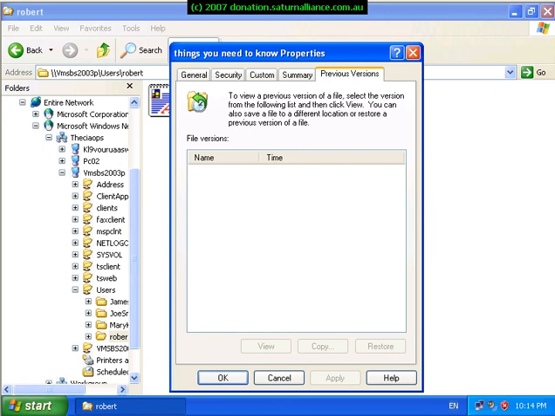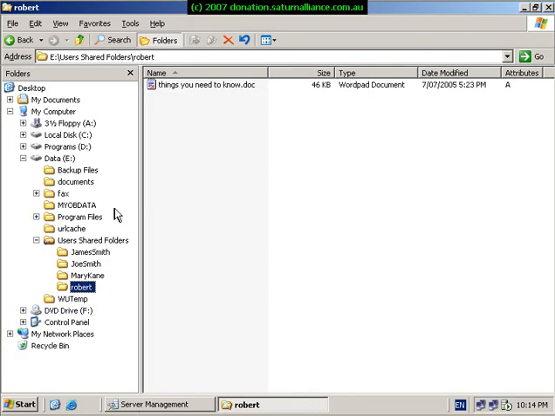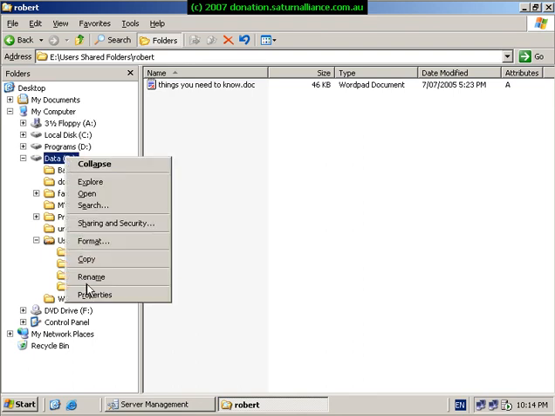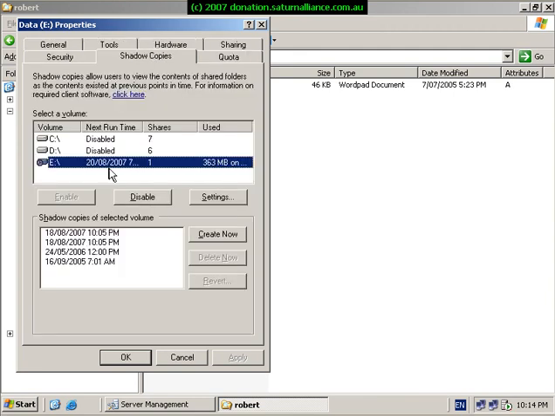Once again, this functionality is called Volume Shadow Copy and is enabled automatically on the data volumes of your small business server. Again, to access the properties, you go to the server, right mouse click on the volume, select properties, then shadow copies, where you can configure all the settings for the server,